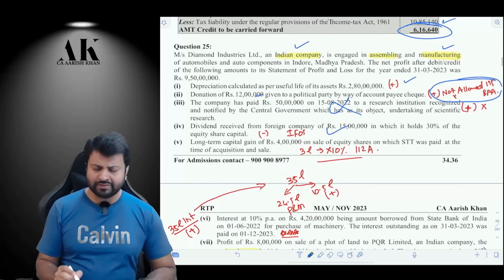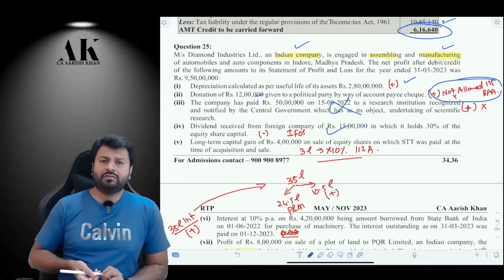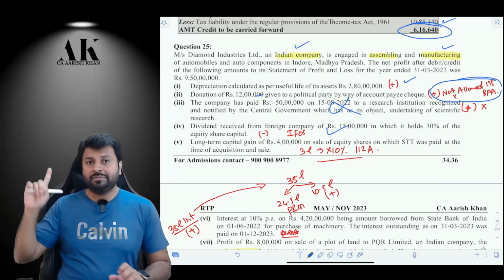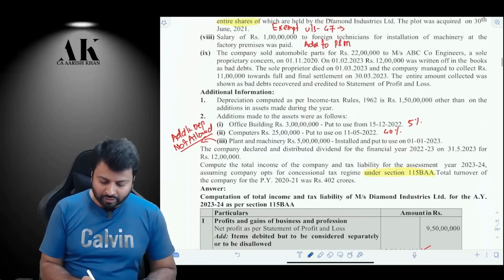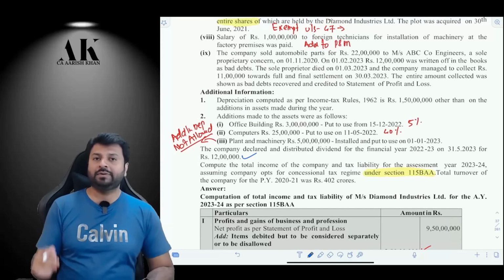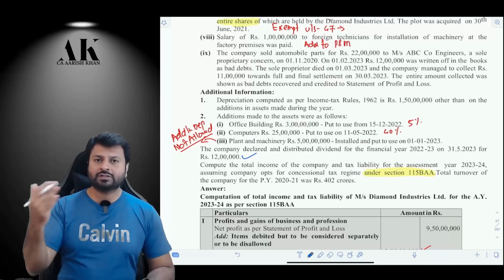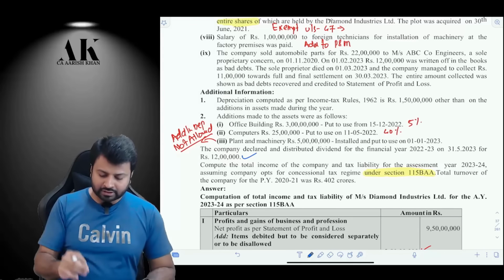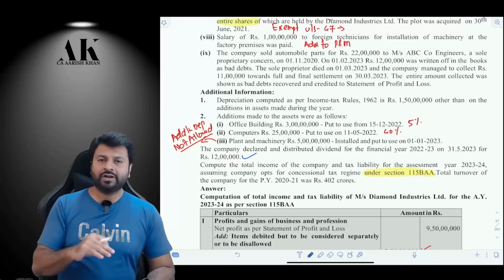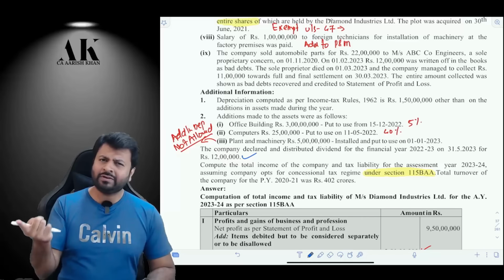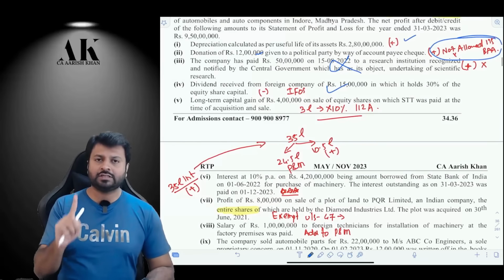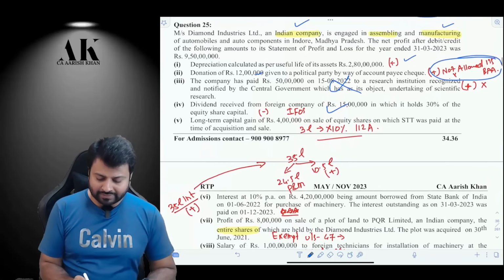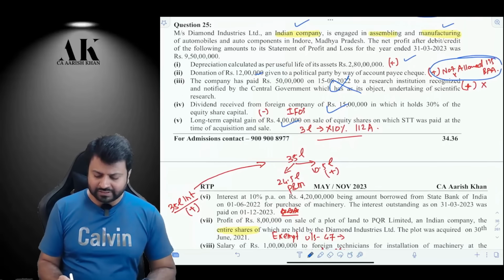Next, you have received some dividend of 15 lakh rupees from a foreign company. So that dividend will be reduced from PGBP and it will be shown under IFOS. On that, you will get a deduction of 80M because you have declared a dividend of 12 lakh rupees before the due date. Before the due date, you have declared and distributed the dividend. So in 80M, you are going to get the deduction of what? 12 lakh rupees or the actual dividend received, whichever is lower. So 80M is allowed with 115BAA. Yes, as I have told you earlier, in 115BAA you get the deduction of 80JJAA and 80M. Okay. Next, you have some long-term capital gains on listed shares on which STT is paid.